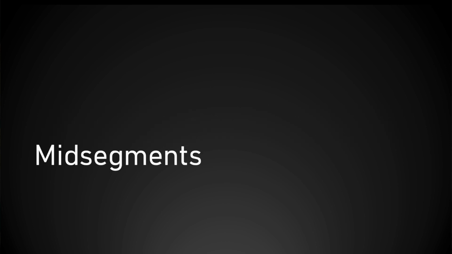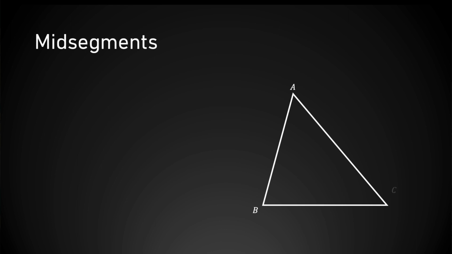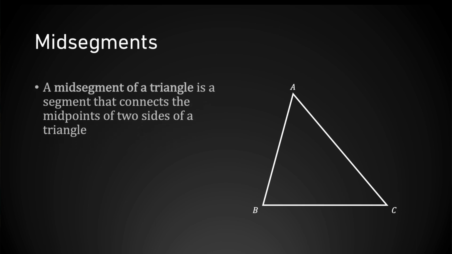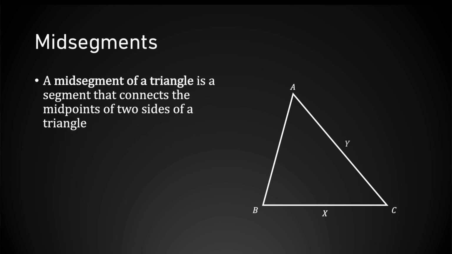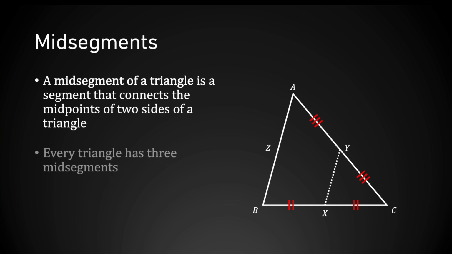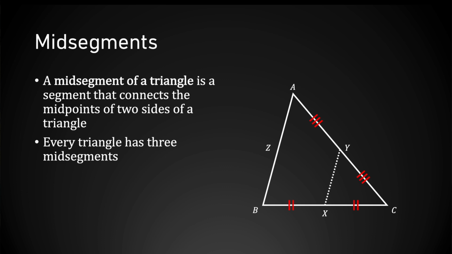The first topic up today is midsegments of triangles. To illustrate this, we're going to draw a triangle and label it ABC. A midsegment of a triangle is a segment that connects the midpoints of two sides of a triangle. So here, the midpoints are X, Y, and Z. If I connect any two of them, say X and Y, I get a midsegment. Every triangle has three of these. So I could draw XY,